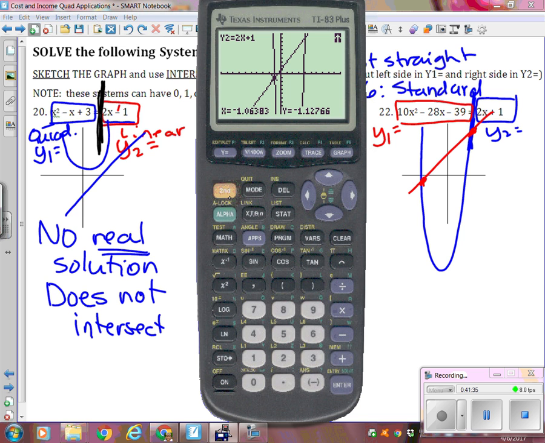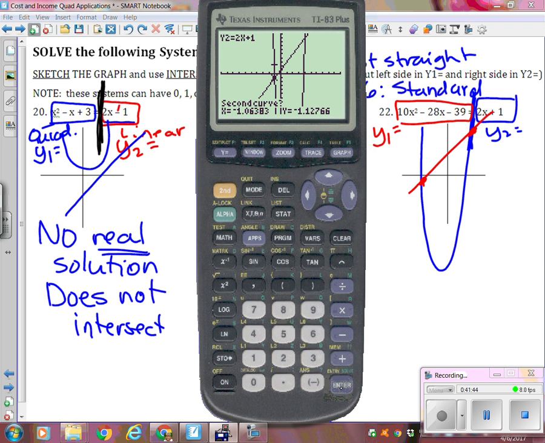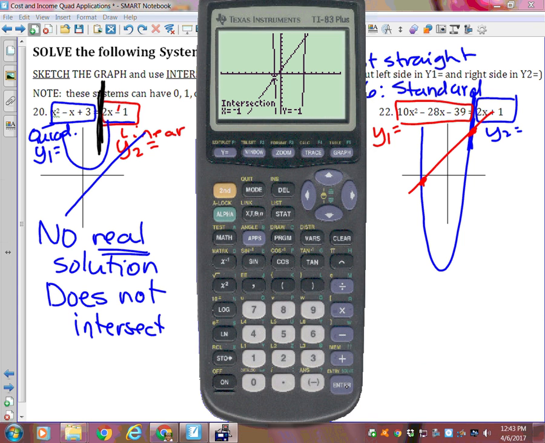Second what? Second, trace. Which one do we pick? Number 5, and then we press enter, enter, enter. What's my first answer? Did y'all get -1? Okay. First answer, x equals